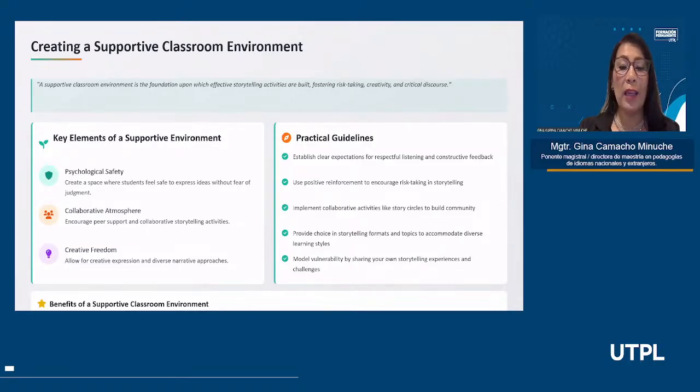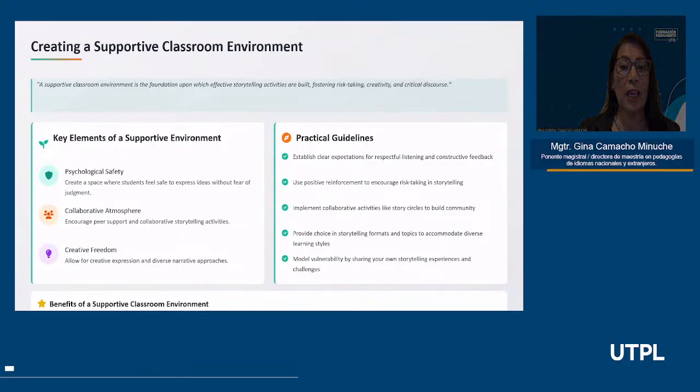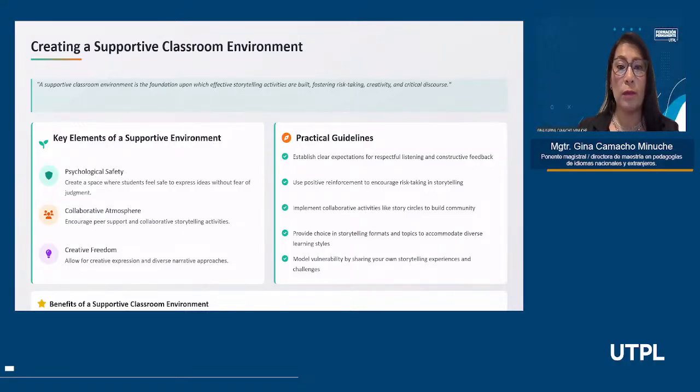The way we like our students to behave in the classroom. Everybody has to respect each other. Nobody's going to laugh at the others' mistakes. We need to take turns if we want to ask any question. So students have to be clear about what your expectations of their behavior are.